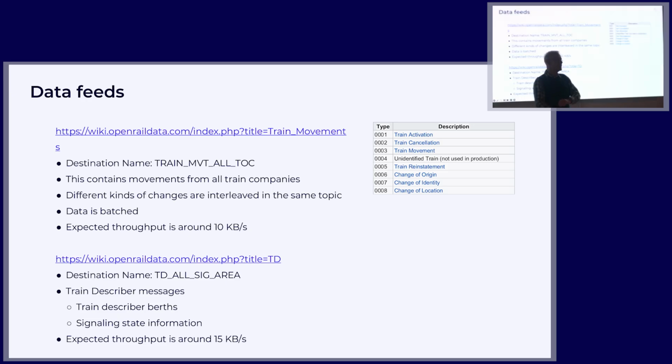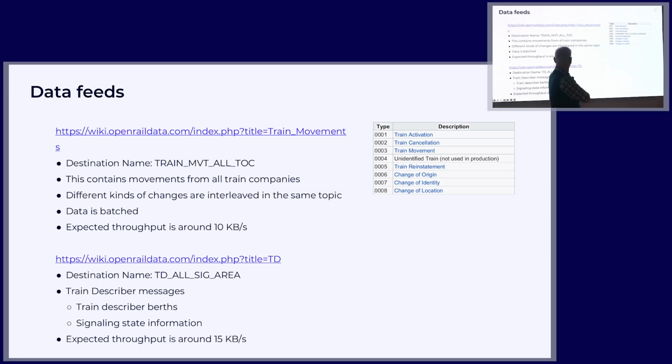Good. Two data feeds I'm interested in. Data feed number one, movement of trains. Now they are split off by the different companies. As you know, British Rail was broken down into lots of tiny little companies. So these are called TOCs, train operating companies. And the data feed is actually split up across these companies. So you could go specialize only for, what about the Pennines train company or something like that, or Southeast Rail. But if you get to the all, then you get all the data coming in, and that produces around 10 kilobytes a second, which is kind of what I aimed for while getting this project to run.